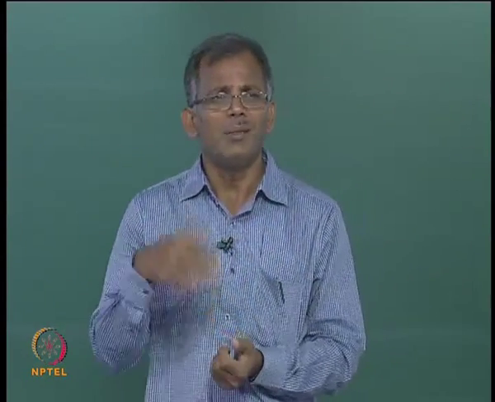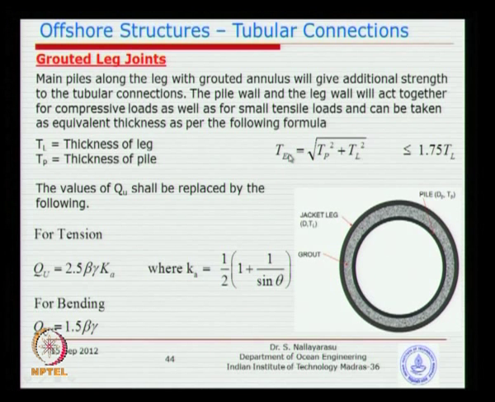Some of the experimental studies proved that you should not use the calculated equivalent thickness if it is bigger than 1.75 times the outer wall thickness. That is a limitation posed by some of the research papers, but API does not give you that limitation, but in practice we normally limit to 1.75 times the thickness. So you replace all your cord thickness with the equivalent thickness calculated here, only difference is the QU values are slightly different from what you have learned for single skin joints.